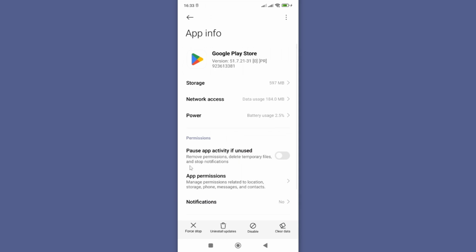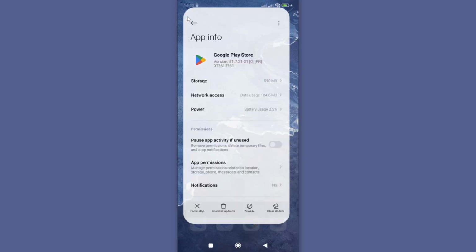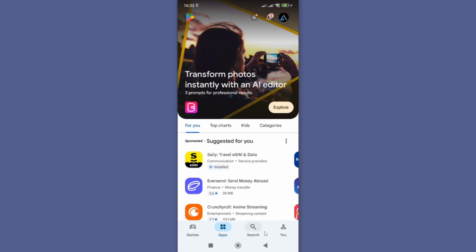At this point, we need to force stop Google Play Store by tapping on force stop here and then OK. This will stop any background activities that might be hindering installation of apps. Then you need to clear the app data by tapping on clear data and then cache and OK. Once you're done, now restart your smartphone and head again to Play Store, and this time round go to search